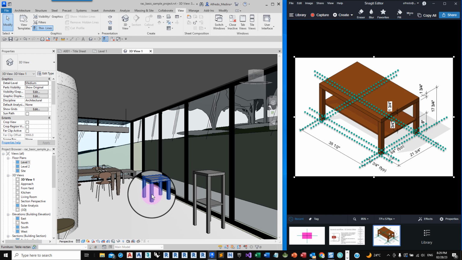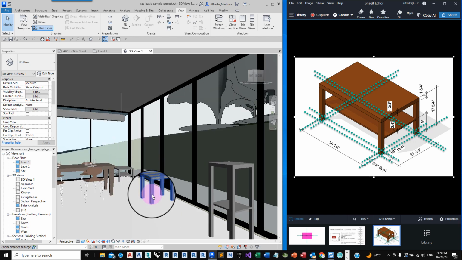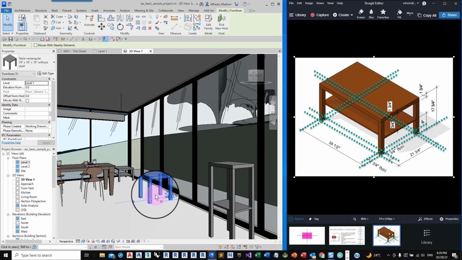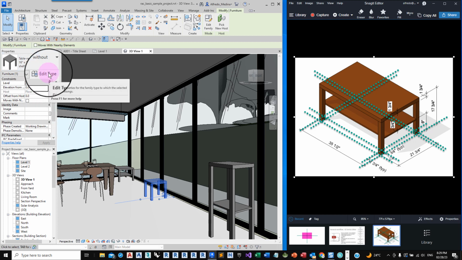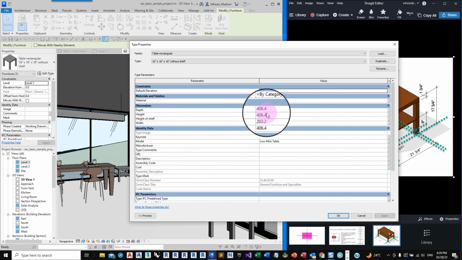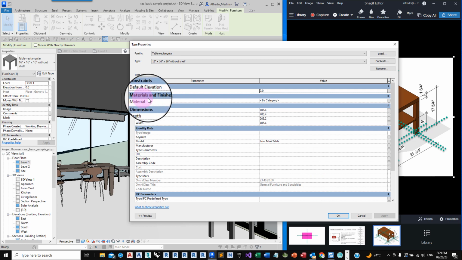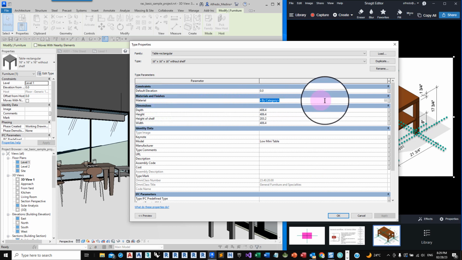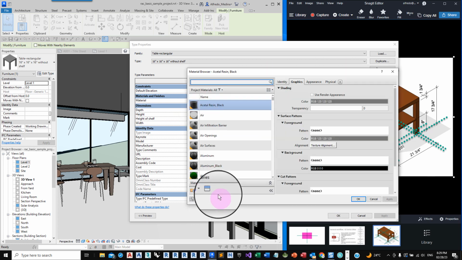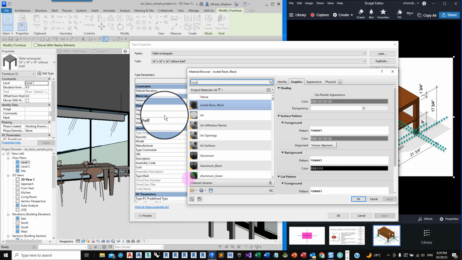For materials, we can select any of the types and go to Edit Type, and because we created a material parameter in the family, we should be able to come here and select a material from the library.